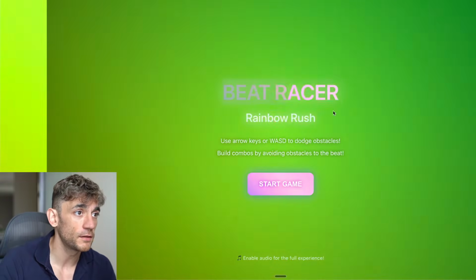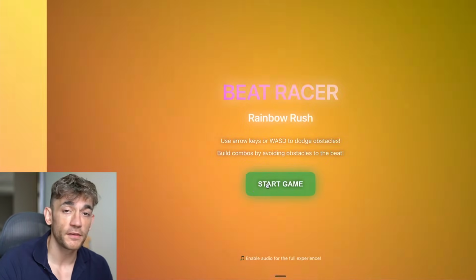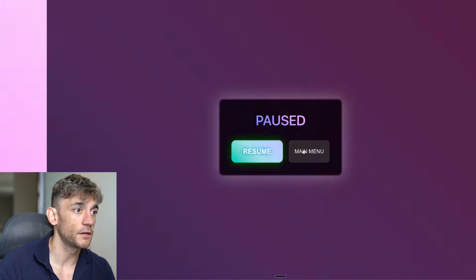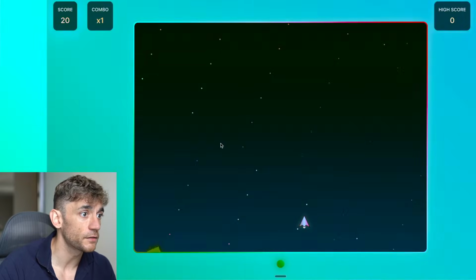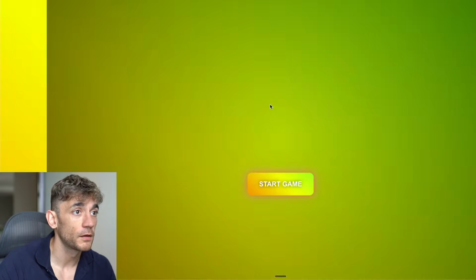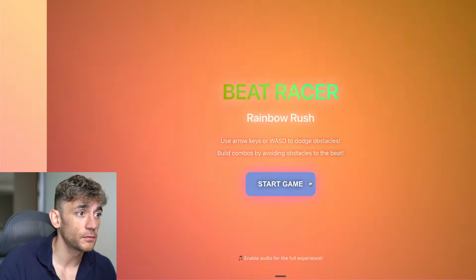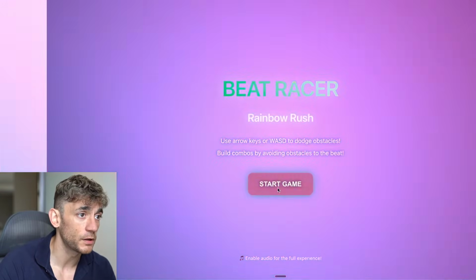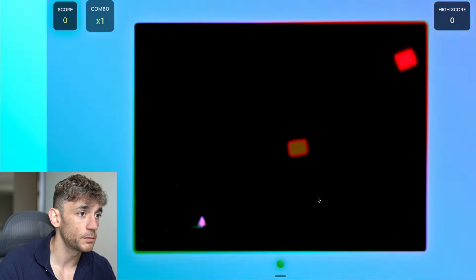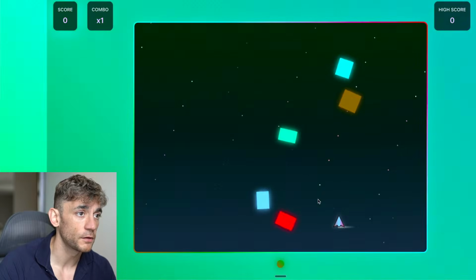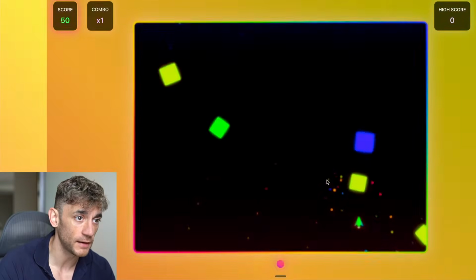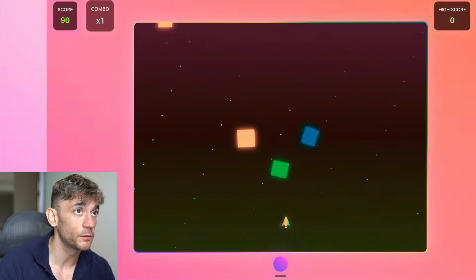For example, here is the Beat Racer that I built, and this is a full game. If we play this out, you can see this is basically designed to be playable as a kind of Space Invaders game. Perplexity built it in one single prompt. It was pretty crazy. We can play this game. You can hear the music in the background, the effects, the colors, etc., all deployed and built with Perplexity Labs. It's actually crazy what you can build with this, and you can do it all in one shot